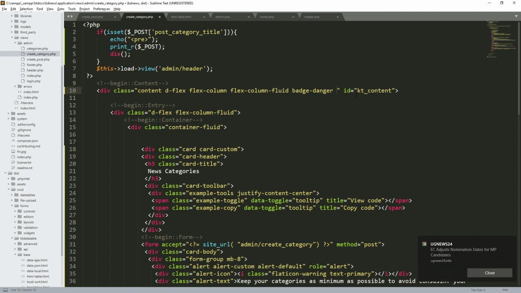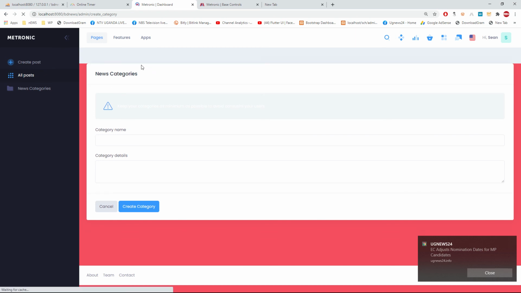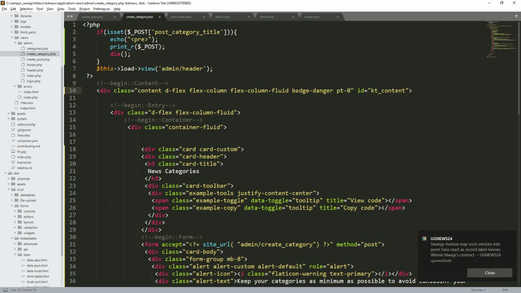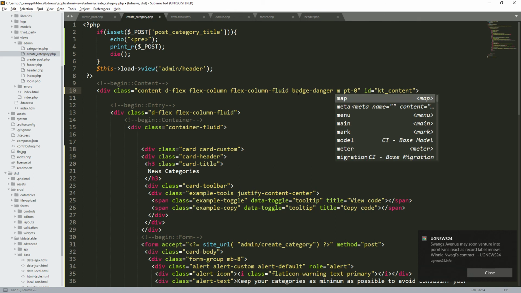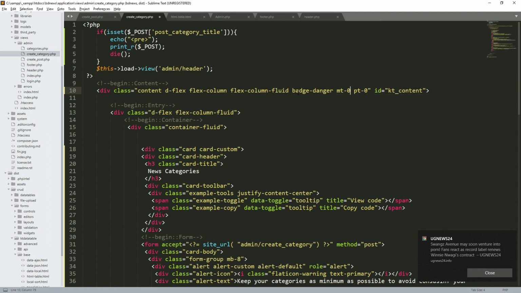Let me put PT 0, and you see if this small red part will disappear. This one, okay, yeah, it's gone. This one we can leave. You can leave that remaining part, but if you want to remove it, you can try MT0, but I don't think anyone does this. Okay, let's try MT0. Yeah, MT0, then it will